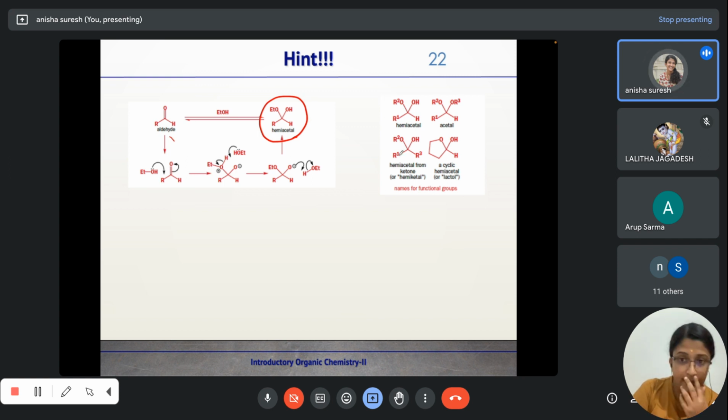So now when we come to naming of these functional groups,